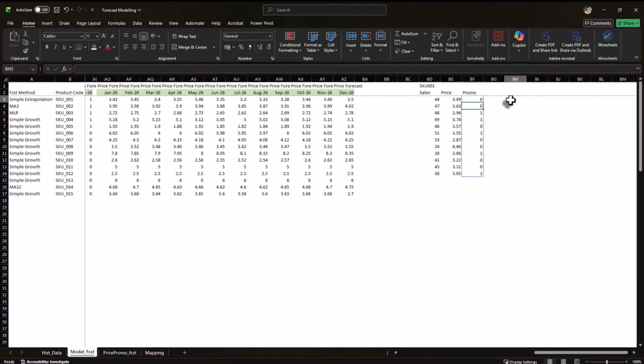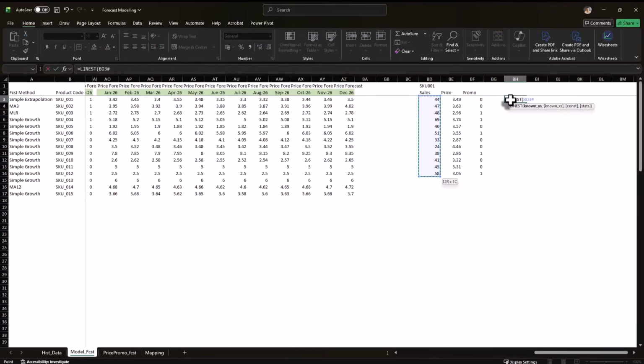Now we can run the regression based on this data. In the LINEST function for the first argument, I'll reference the sales data. I'll select cell BD3 and add a hash symbol, which will automatically pick up all the values in this dynamic array. For the second argument where we specify the x variables, I'll use the HSTACK function to combine the price